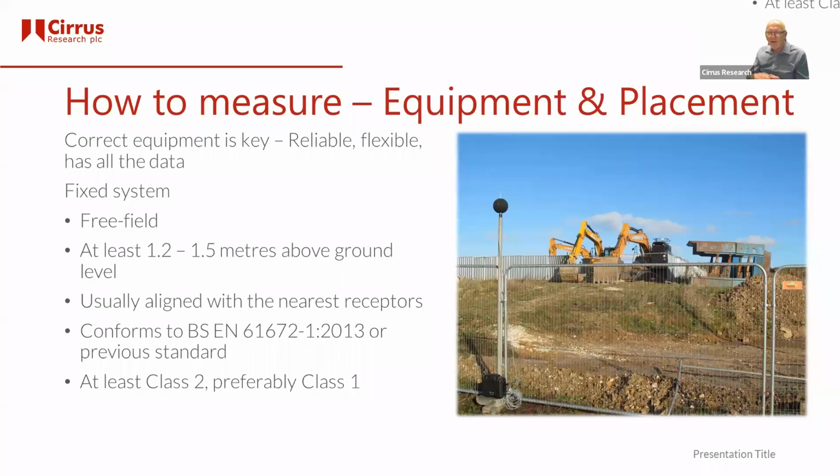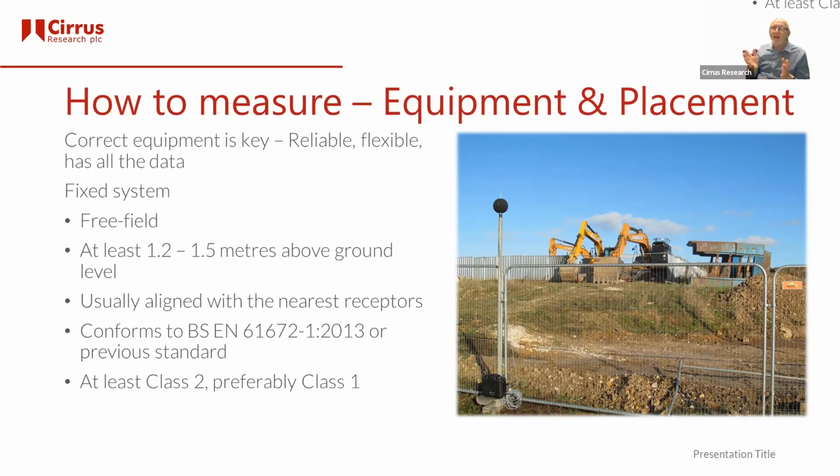Equipment and placement is the next section. So what we're going to look at is, yes, you're going to put it there, but what do you need to think about when you're actually placing a piece of measurement equipment? If you're using a handheld, you just walk up to the point and take a measurement. There's a certain way of doing it with a sound level meter, so arm's length at the correct height, etc. In general, these are the things you need to look for.